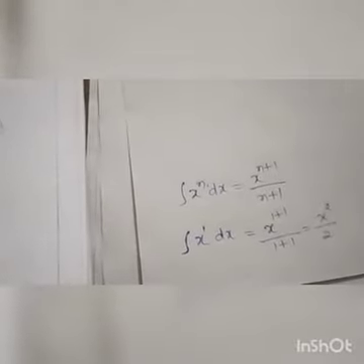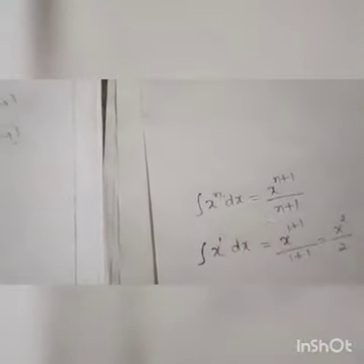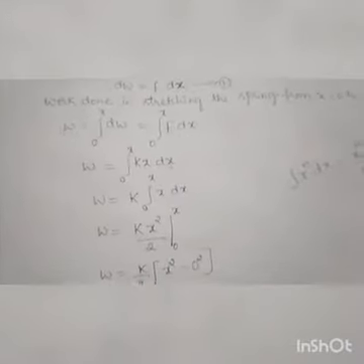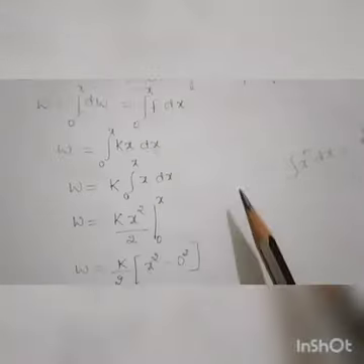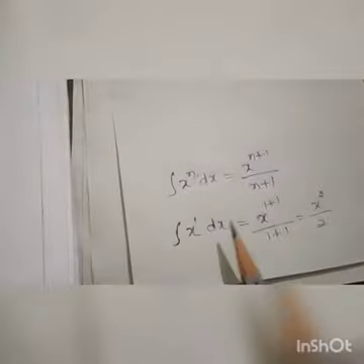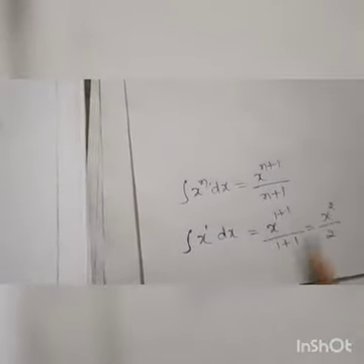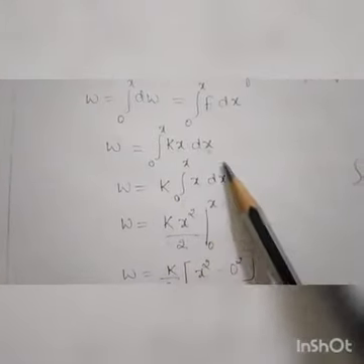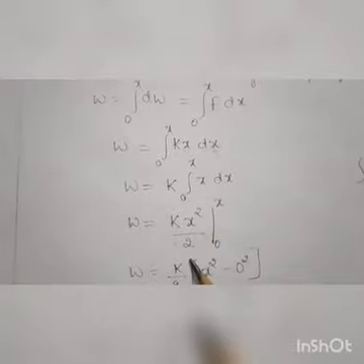In integrals, there are two types: one is the indefinite integral and the second is the definite integral. An indefinite integral has no limits, and a definite integral has limits. Then the integral of x power 1 dx will be equal to x square divided by 2 after integration. Hence k will be written as it is, and for the integration I replace it with x square divided by 2.